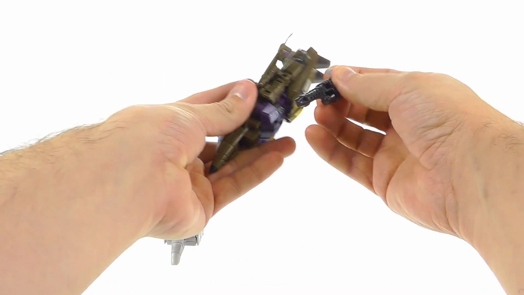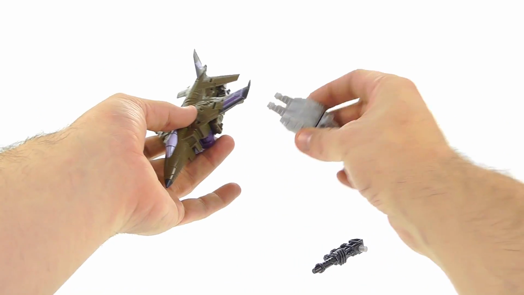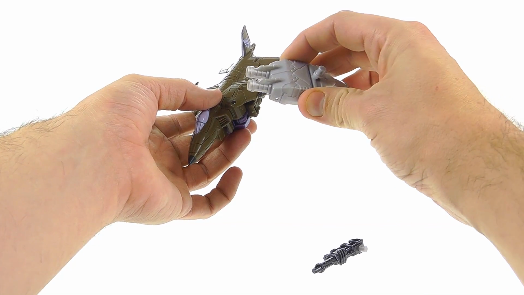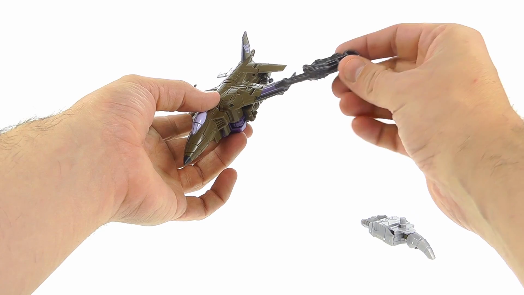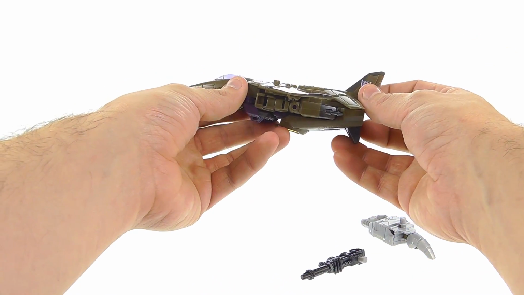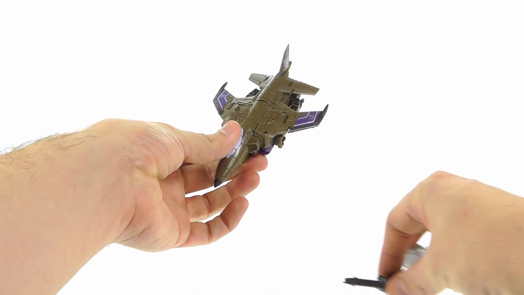You do get different weapons with it, like this gun is a different gun that we haven't gotten before. The feet, their hand probably is very similar. I don't know if that's molded differently. I really haven't taken much of a look at that, but yeah, I do like the fact that you get that new weapon with it. Jet mode, though, I mean, I think he looks pretty good. He is in a spaceship, but they kind of explain that, and like I said, to me, I think it